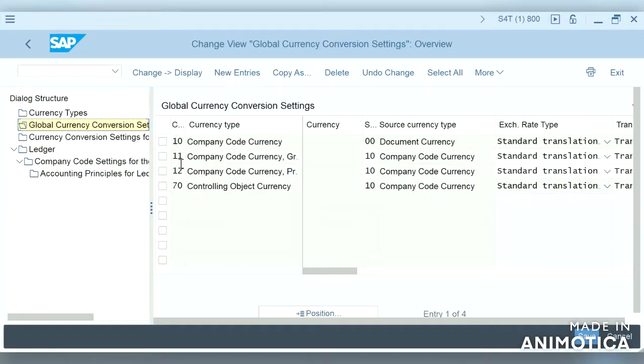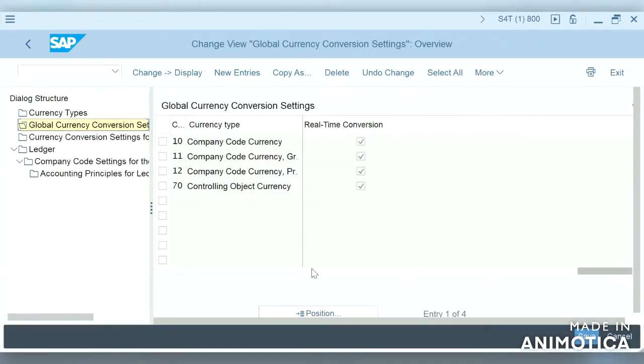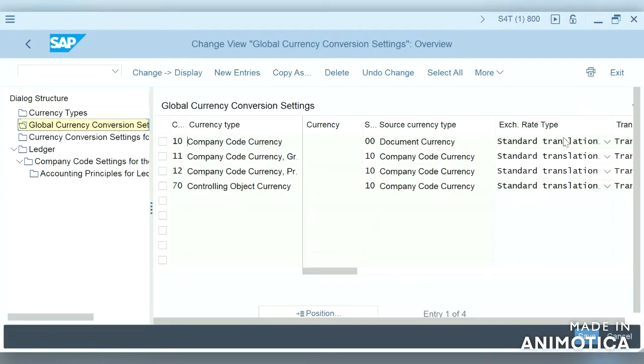This is currency type, company code currency, group valuation, profit center valuation, and controlling object currency. And this is source currency type. It's a document currency, and these are all company code currency. You can see this is real-time conversion, and exchange rate type is standard translation at,